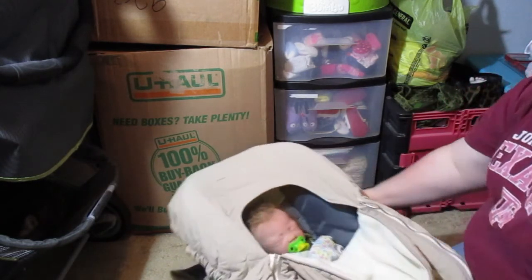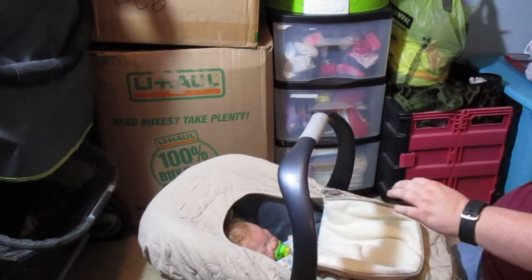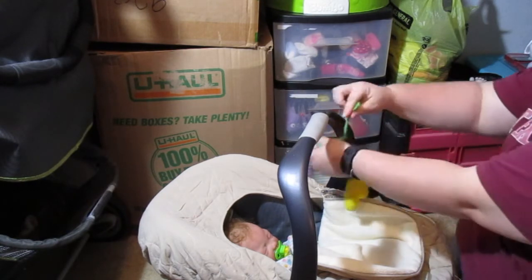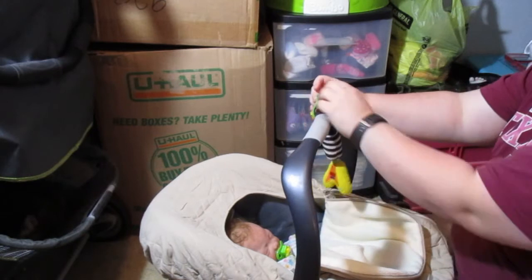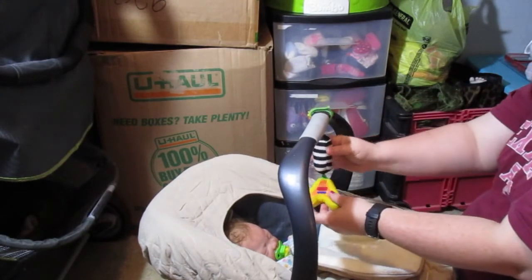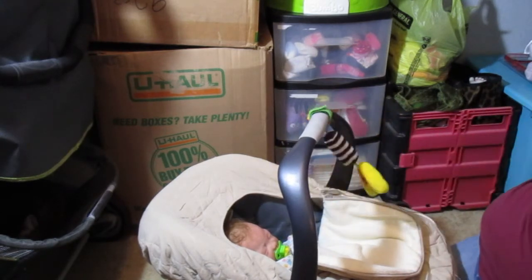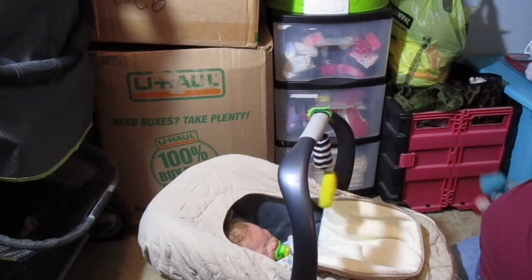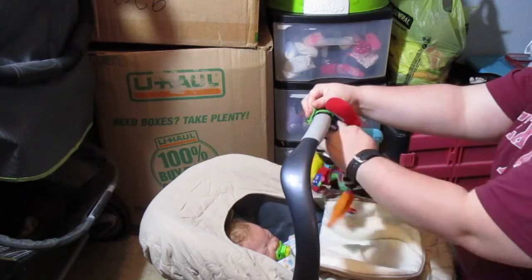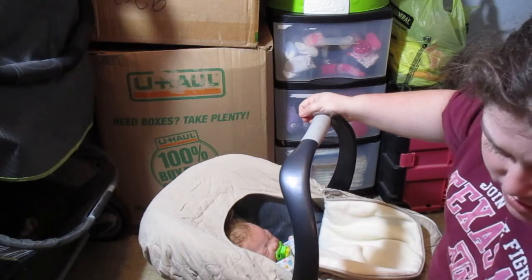And then in the last video, I had mentioned softer hanging toys. These are the ones that I was looking for and I couldn't find before I did the video. They Velcro on, but they're completely soft. There's a little rattle in them. I would be comfortable with these, and they actually came from my son's car seat. I had 4 of them from when my son was a baby, and I believe I used them with my daughter as well. These are the toys that we kept on their car seats for them to play with